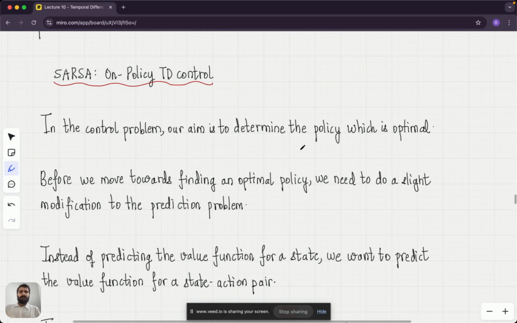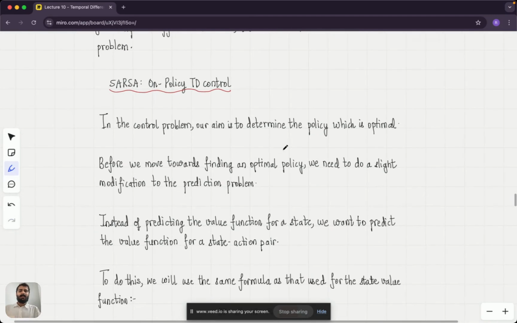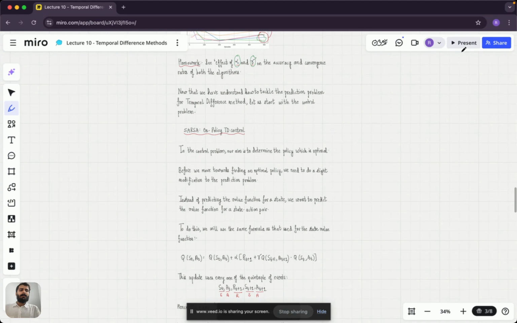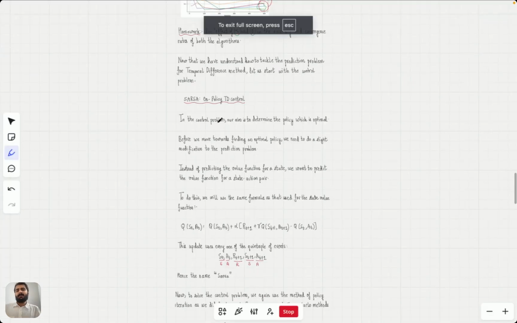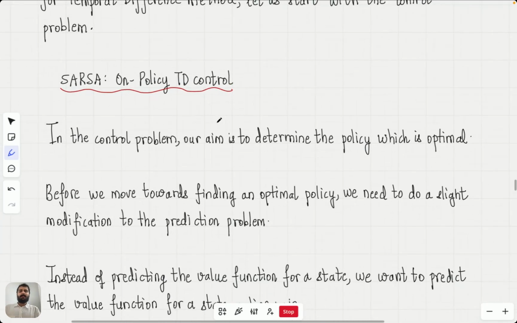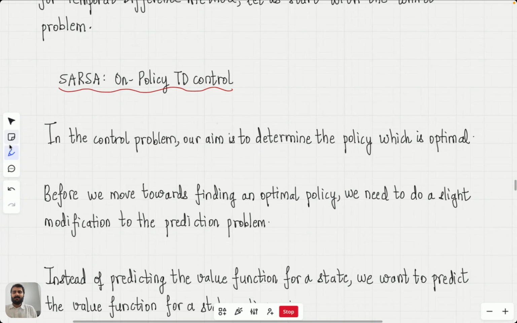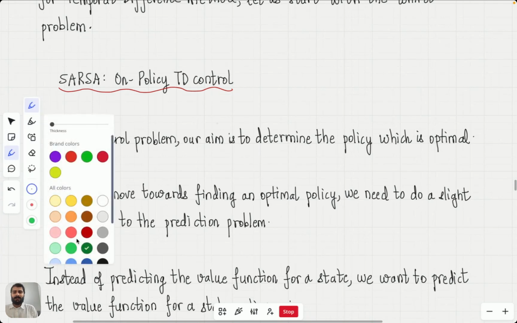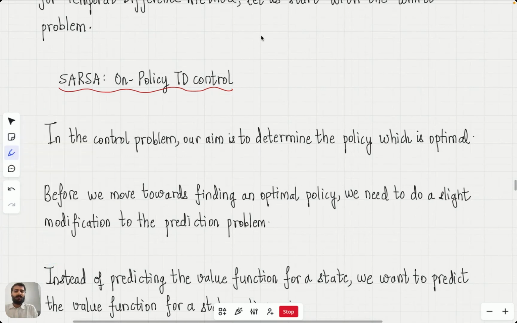Hello everyone. In today's lecture, we are going to build on the previous lecture and discuss the control problems in the temporal difference methods. Remember that the prediction problem is where, given a policy, we are trying to determine the value function for the policy. And this we saw in the previous lecture about how temporal difference methods is used to write down an